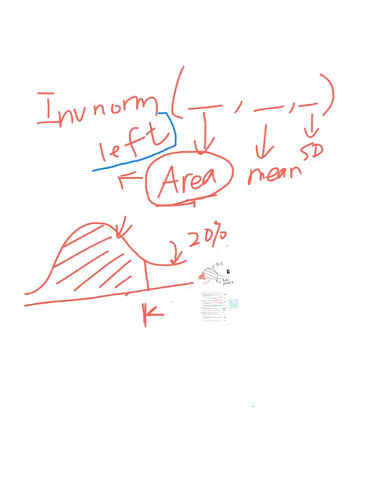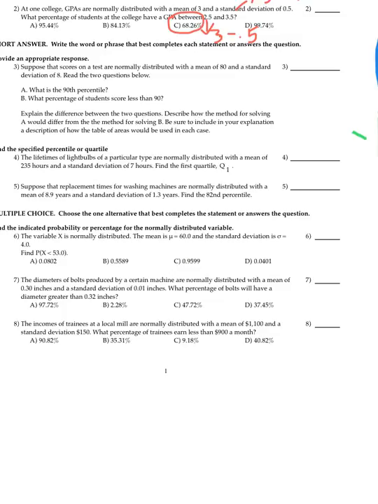If you input the area to the right of the random variable we are looking for, it will lead you to the wrong answer. Okay. Number 4, we want to find the first quartile. Okay, so this is our